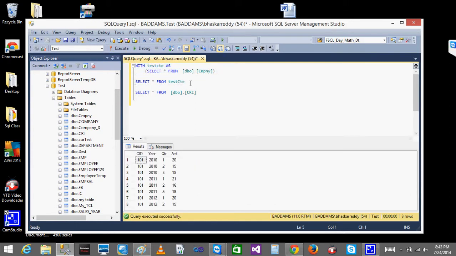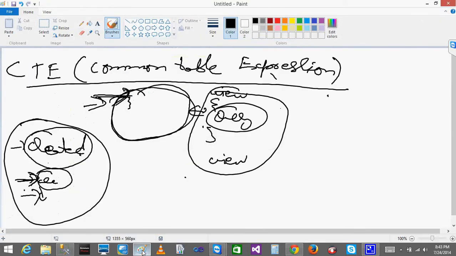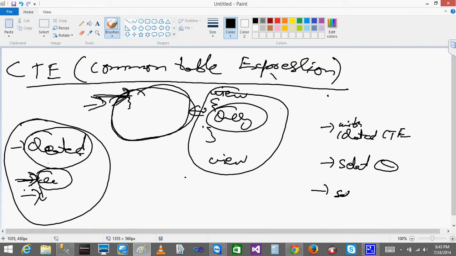Once the first query is executed, whatever it may be, the data stored under the CTE will be erased. So let's say I have created one CTE by using the WITH clause. Now after that I have one query. In this query I may or may not use the CTE. Then when I go to the third query, automatically that CTE will be erased.